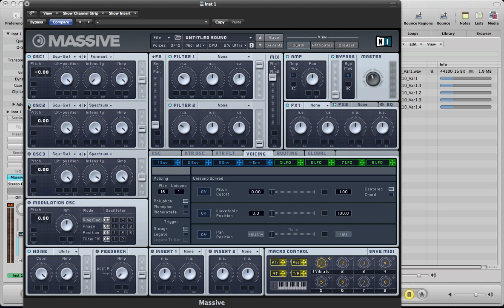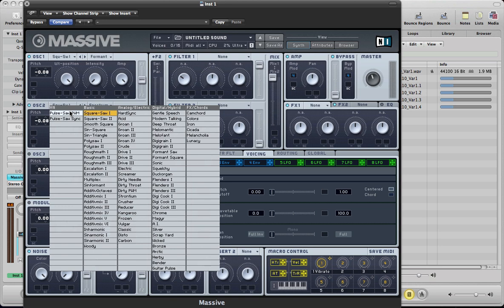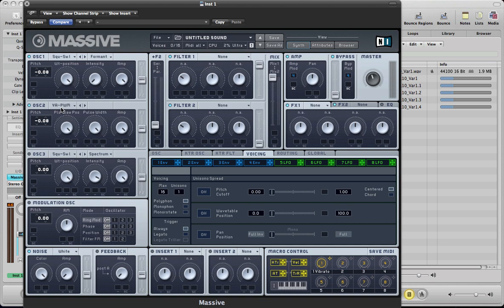Turn on oscillator 2. I'm going to do the same thing here, take it down 0.8 cents. I'm going to actually make it a pulse width modulation oscillator. I'm going to keep the pulse saw position all the way to the right and the pulse width all the way to the right, and just maybe take the amp down a little bit, keep it routed to both filters,